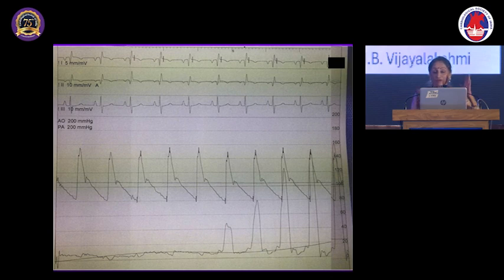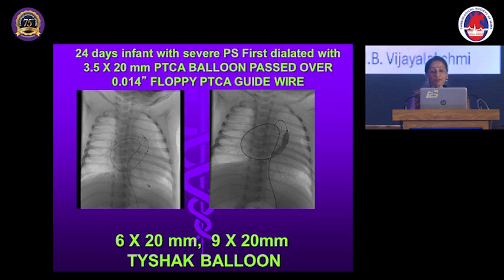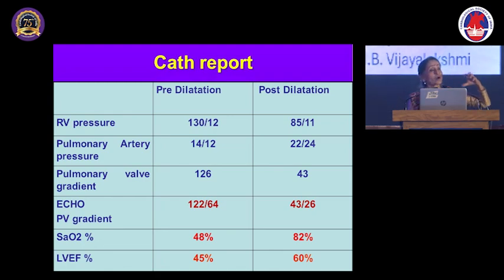Now she's 25 years old, and on the echo her PA pressure has come down to 45. What would have been Eisenmenger's without this has been brought down. Now she's ready to get married and have children. Otherwise, in Eisenmenger's, having children is out of the question. So this is how you have to think out of the box and try to do your best for the patient, and this can happen only when you have sound knowledge about catheterization and